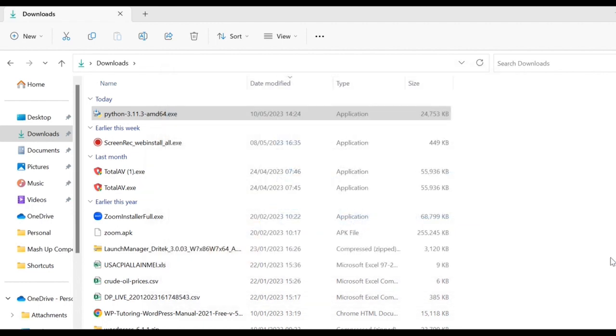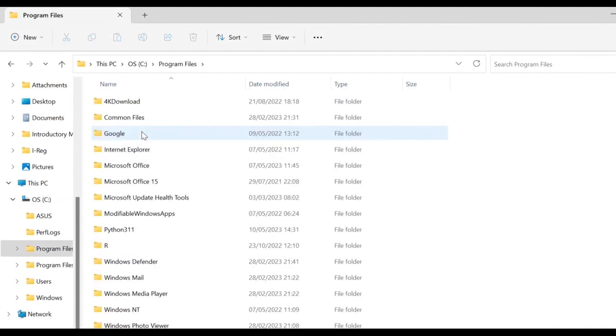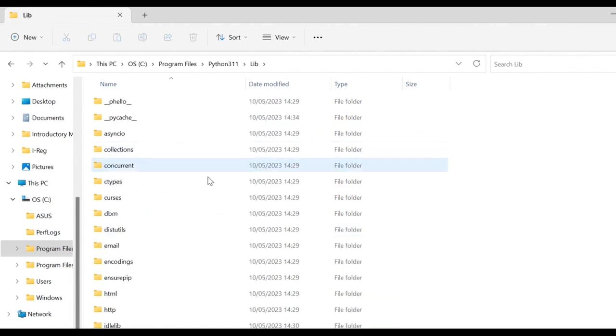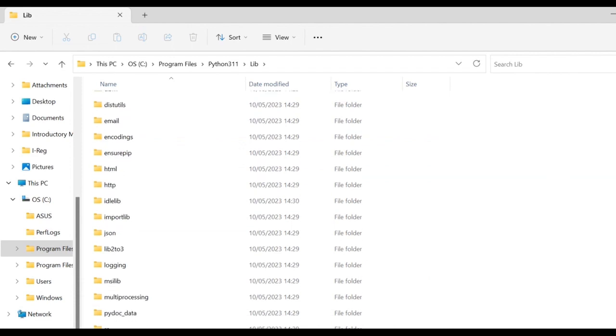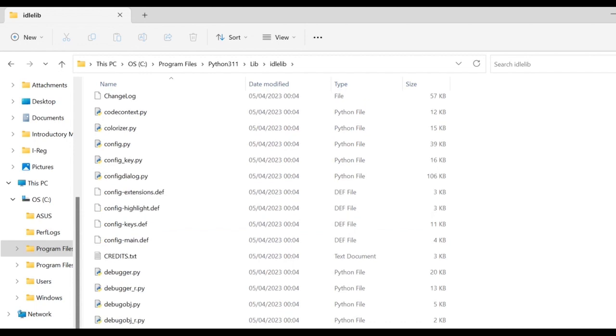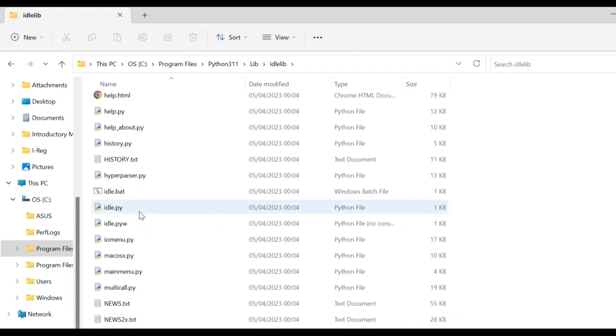Now the next thing we want to do is put a link on our desktop so that we can start up Python. So to do that, I'm going to go to Program Files, look for the Python installation, then I want to put a link to IDLE, which is what you'll use to actually write Python programs. So I go down and I look for idlelib, and in the idlelib folder we will find the file that we want, which is